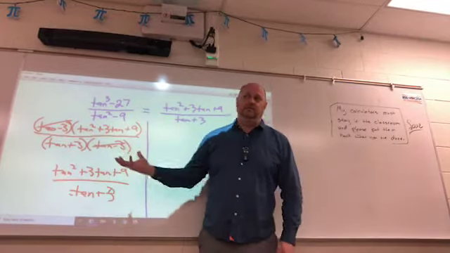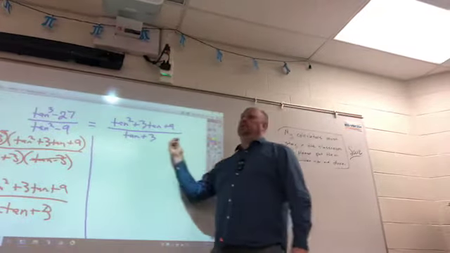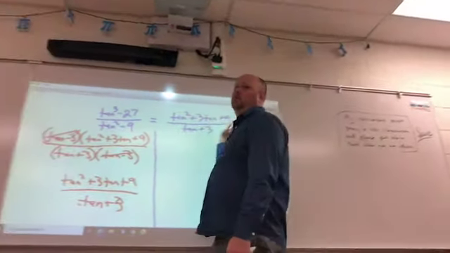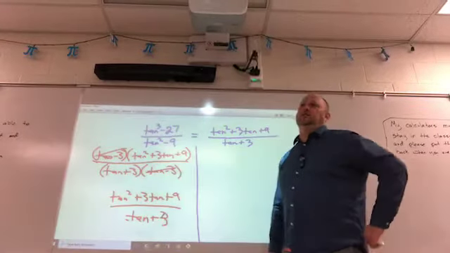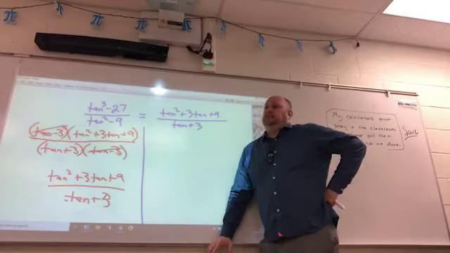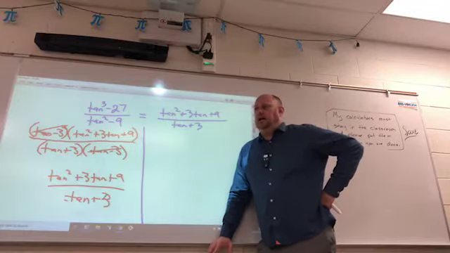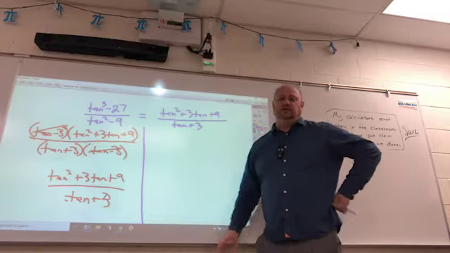Is there any substitutions that I had to make with some of these? No. I could tell you right off the bat with this problem, there wasn't going to be a single substitution I was going to have to make. Why? It's all just tangent to begin with. If it's all just tangent to begin with, I'm not going to have to make any substitutions. Now,